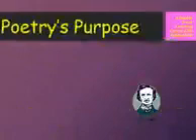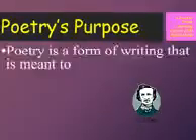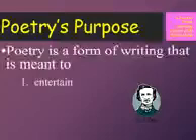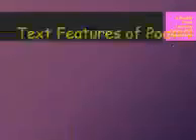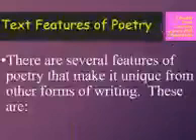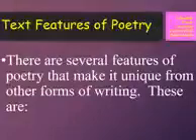What is the purpose of poetry? Poetry is a form of writing that is meant to entertain, describe, inform, persuade. What are some of the text features of poetry? There are several features of poetry that makes it unique from other forms of writing. These are: